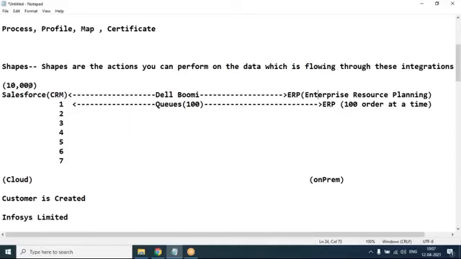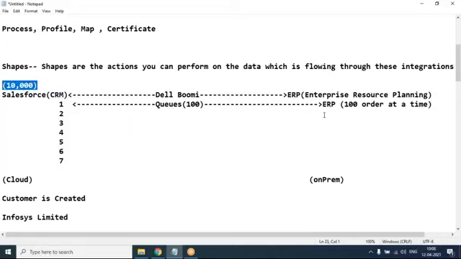If that person says, okay, it is very, very rare that I will get 10,000 orders at a time, I want a real-time integration. If sometimes my order fails, I will ask my customer to process it again, right? In that case, I will say, okay boss, that's fine, I will give you a real-time integration. If the customer says I cannot afford to drop a single order because a loss of an order is a loss of revenue to me, I am fine if my customer takes another 30 seconds or 60 seconds extra to get the order number, but I must not lose the order